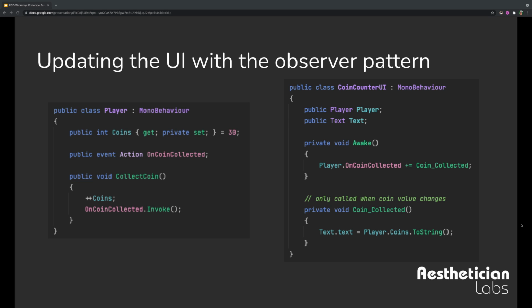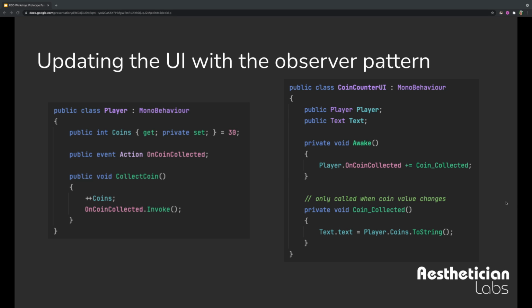And then we're going to receive a callback to our coin collected method, and then we're going to update the text. So only when the player collects a coin do we actually change the displayed value. And now if we were being even more perfect to the observer pattern, what we would actually have is a coin value changed, and so every time the coin value changed, that would be invoked. But this is just an example, right?